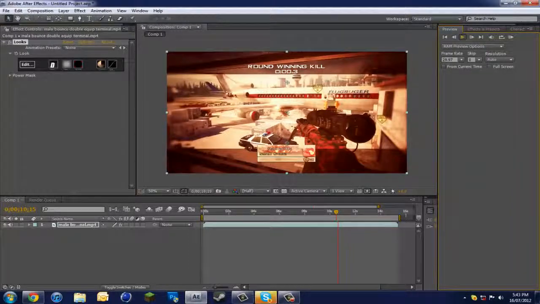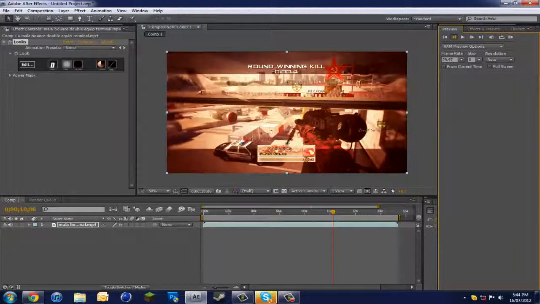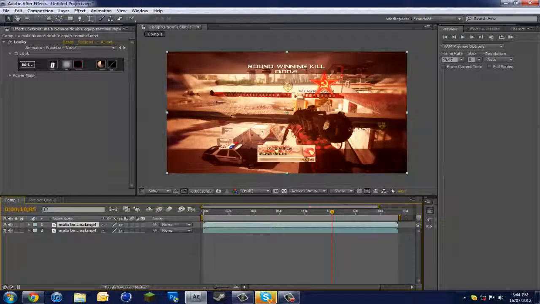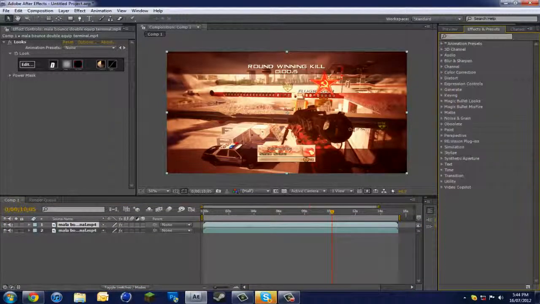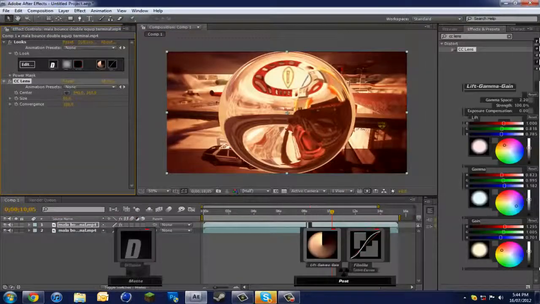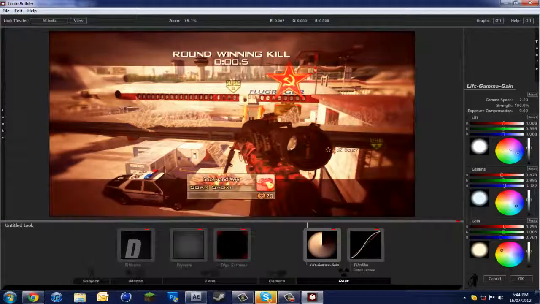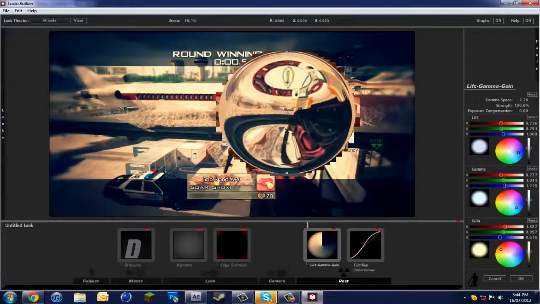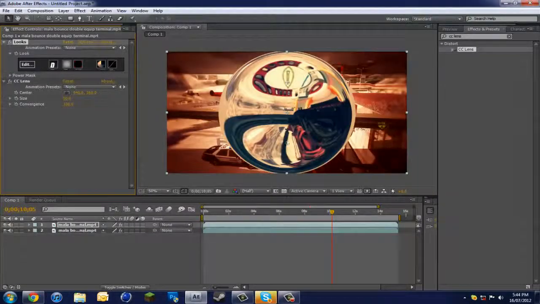So if you want to know how to do the CC lens color correction explosion, all you want to do is Control D to duplicate the layer, and you just want to go effects and presets, CC lens, and you just want to drag that on to your clip, and you're going to get this. So if you go into here and we click on that and we change the color correction, that's good. Yeah, I like that. So we go okay, and that just, so if we go down to 0